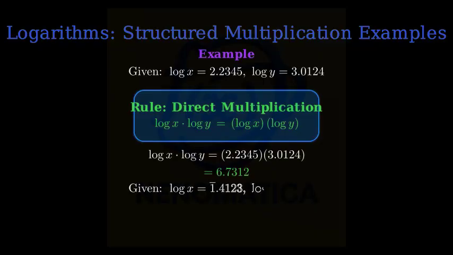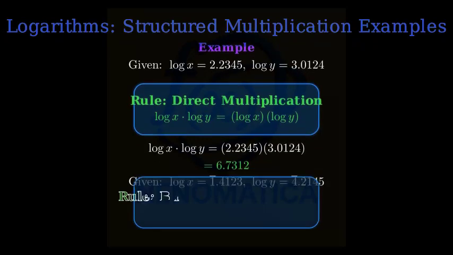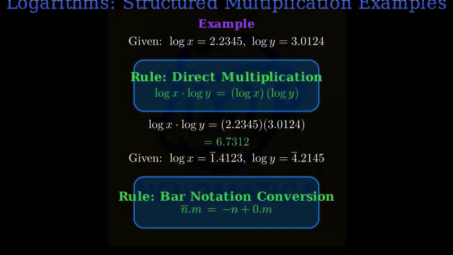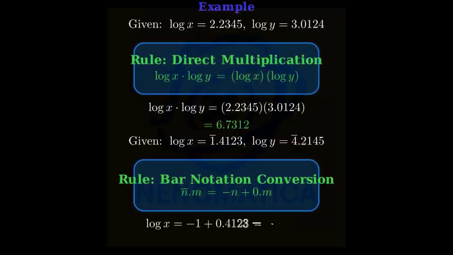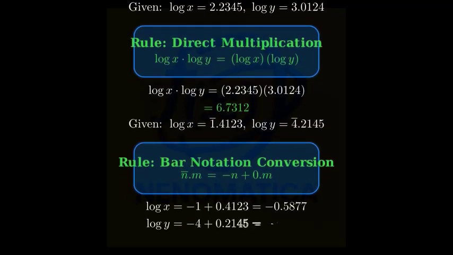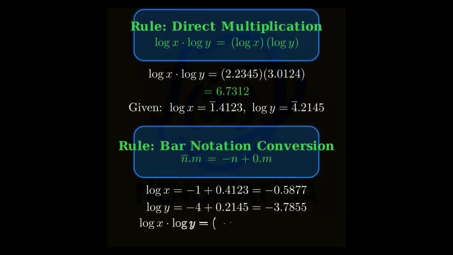Case 2, both logarithms negative, shown using bar notation. We have log x equals bar 1.4123 and log y equals bar 4.2145. Convert each bar notation to its true decimal value, then multiply. Bar 1.4123 becomes negative 0.5877. Bar 4.2145 becomes negative 3.7855. Multiply to get